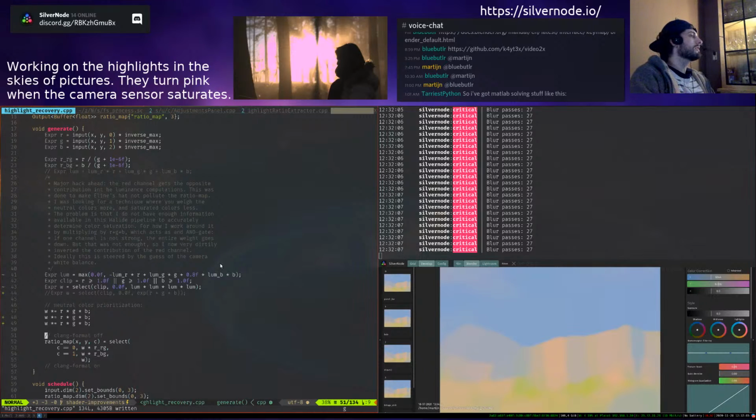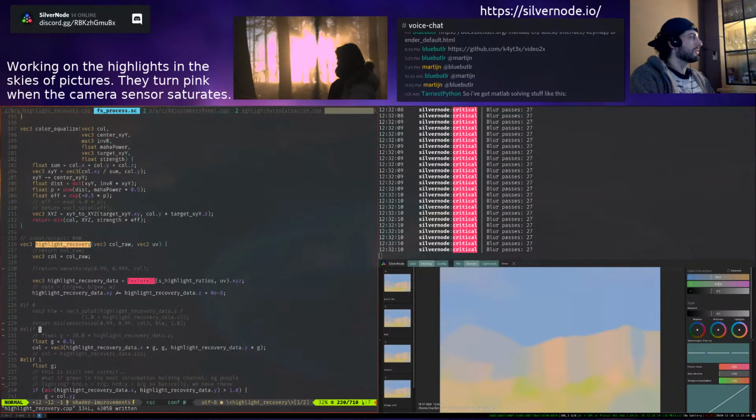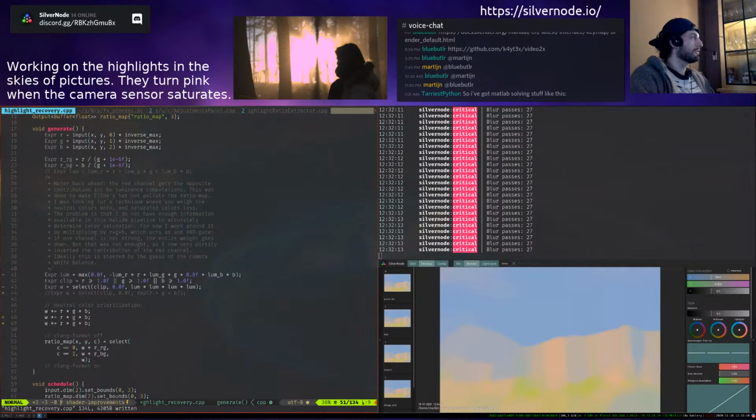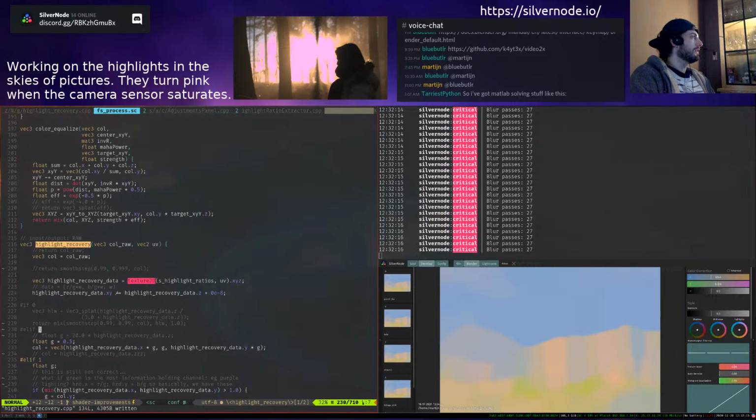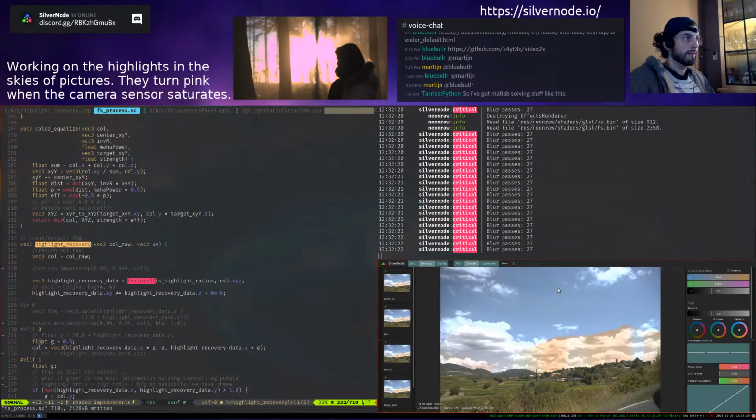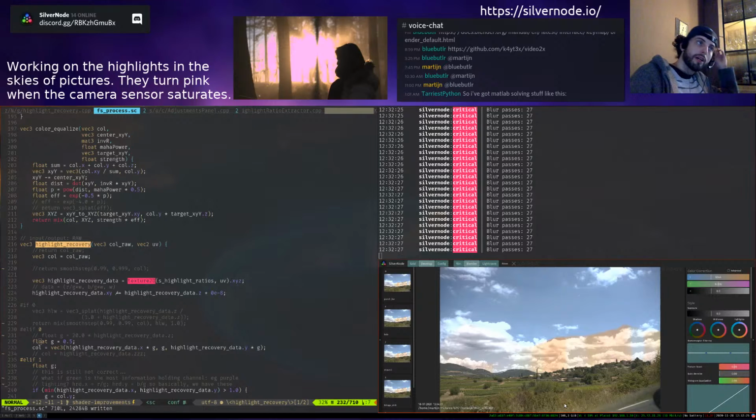Yeah, it doesn't seem to be influencing the result that much, which is not really what I was hoping for. I wanted to have seen more of a change. See, this area is good, but everything around here is just bad. I don't know, it's hard, and I think maybe I should look at the original photo and see what the